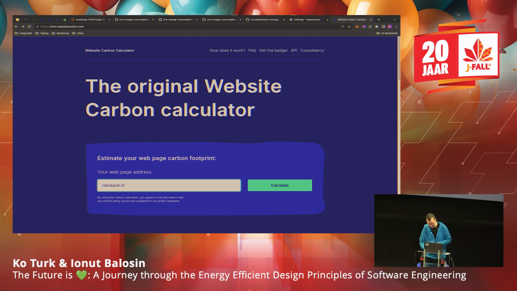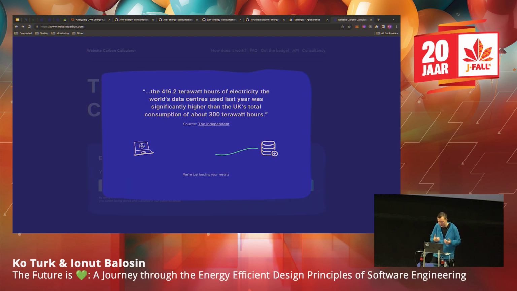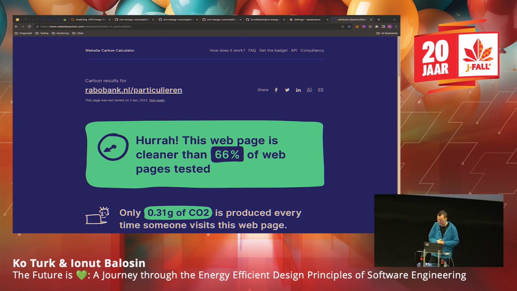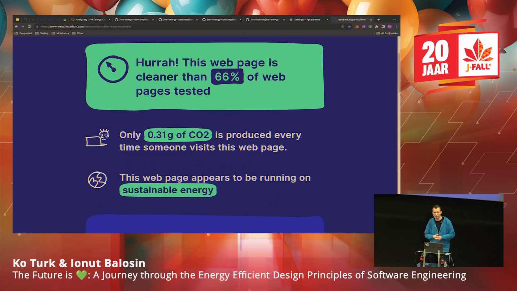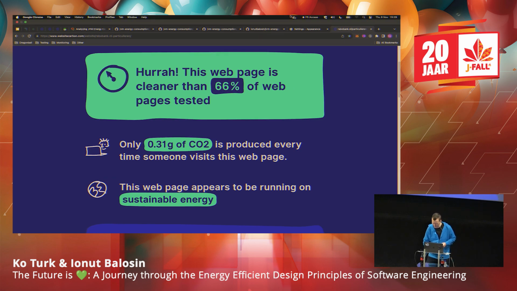Mostly people say, oh, sustainability, there are a lot of problems, Extinction Rebellion and that type of things, but inside Rabobank, they're doing great stuff. They're trying to be more sustainable also. If you look at the website there, it's pretty good, and they also use sustainable energy. So we are getting there. We are not there yet with a lot of companies, but we can improve. And this is a way to measure your website. So, check. Thank you.